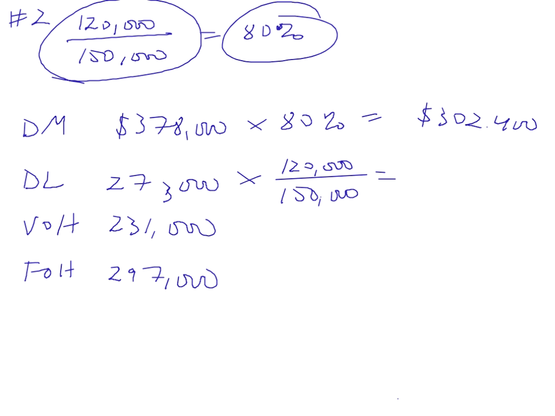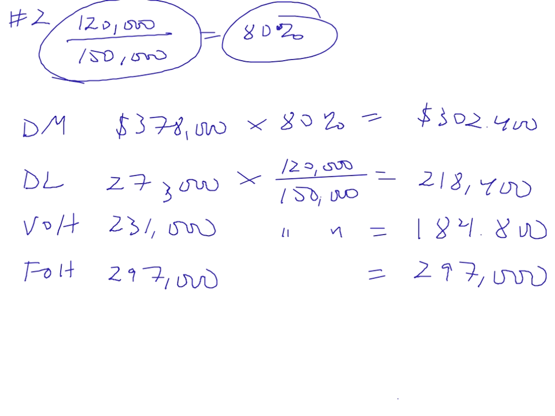So 273,000 times 120 over 150, that's going to give you 218,400. And if we do the same thing here, it's going to give you 184,800, and then 297. So that total is going to be